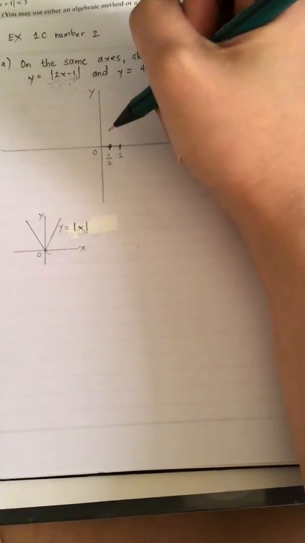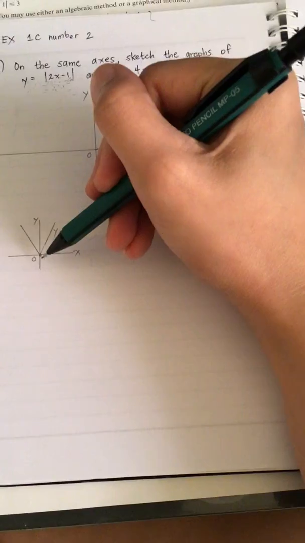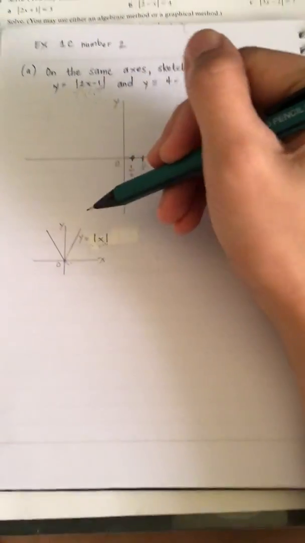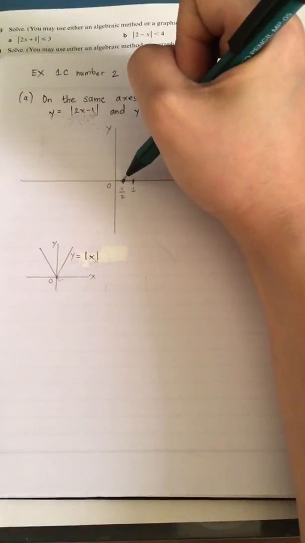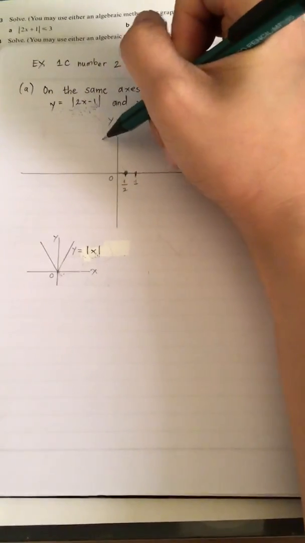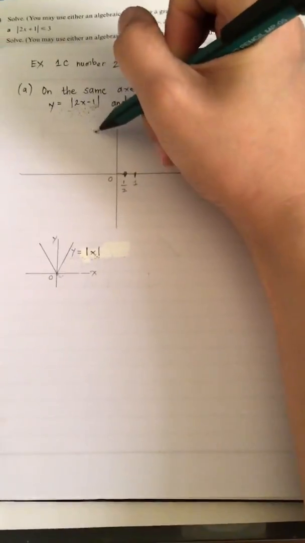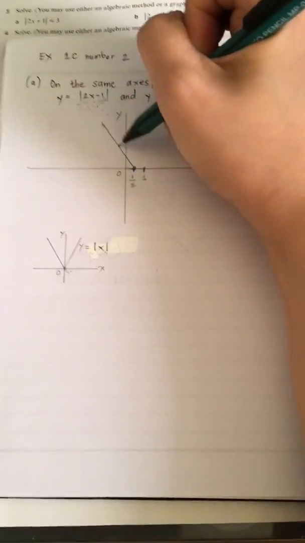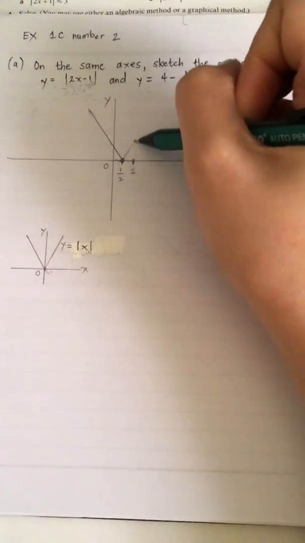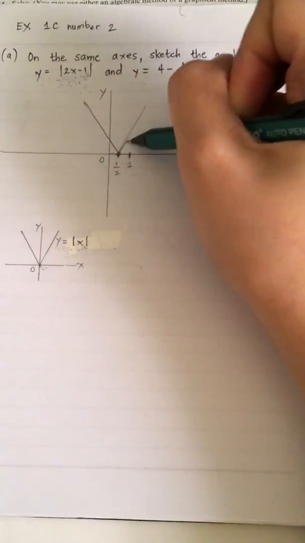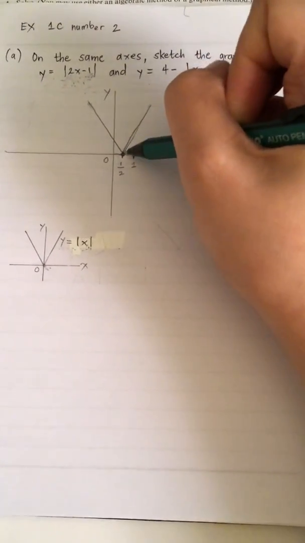Then the shape will still stay as this V. So let's draw it now. You should use a ruler, but I can't at the moment because I'm holding the iPad with my other hand. So let's just make sure it's a straight line. I'll try my best. Okay. So based on this V graph,